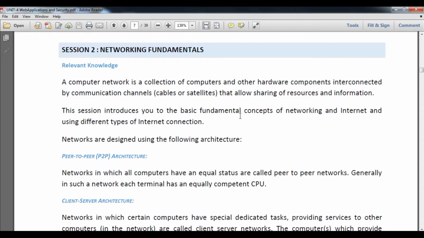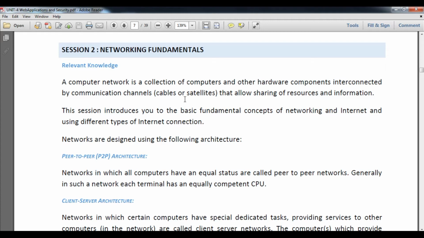Before we understand what is networking, we need to know what a connection is. Students, a connection can be established between two or more computers with the help of wired and wireless technology. Wireless technology may be satellite, Wi-Fi, or a logical connection also, or we can have a cable also. So now let's begin with what is a network.